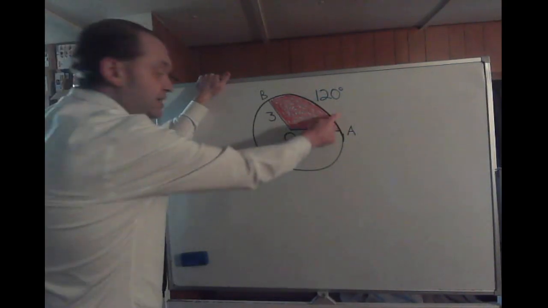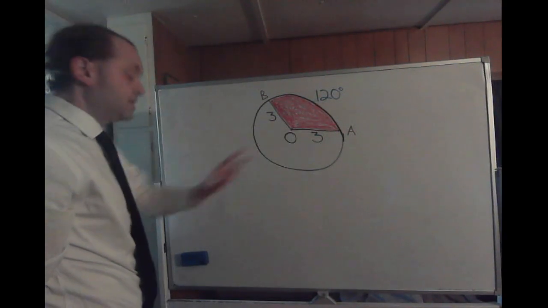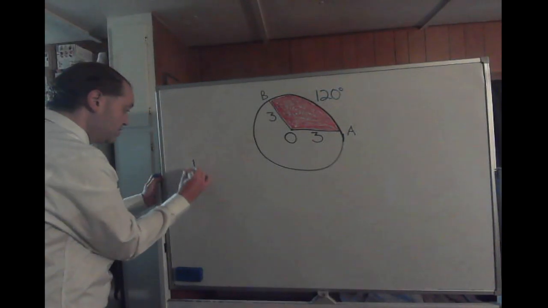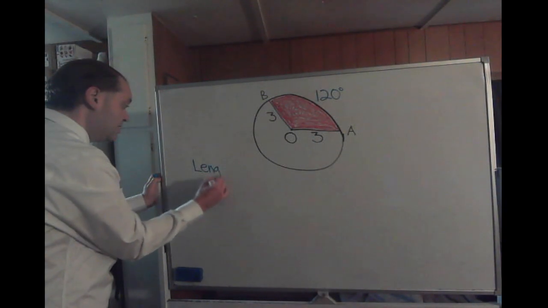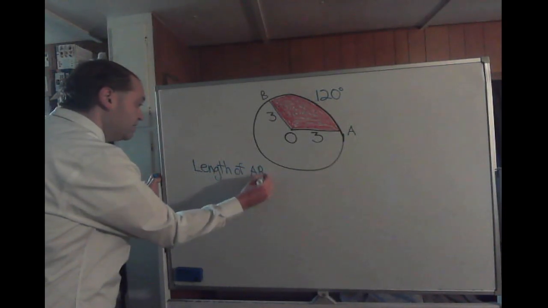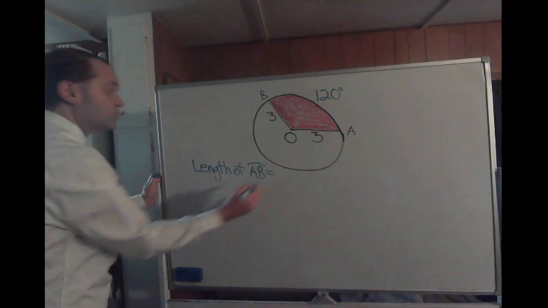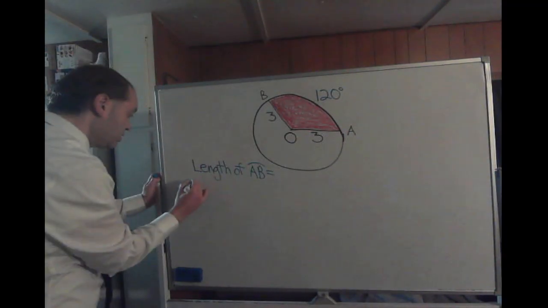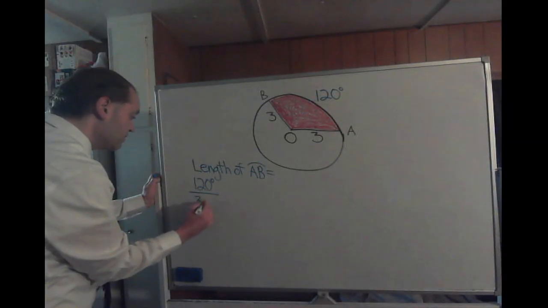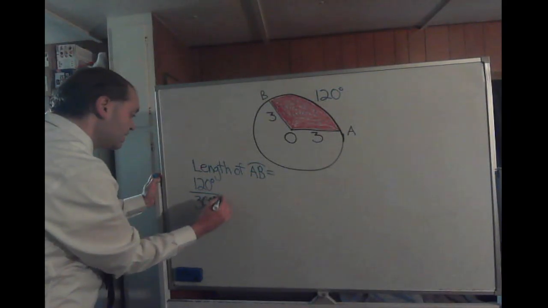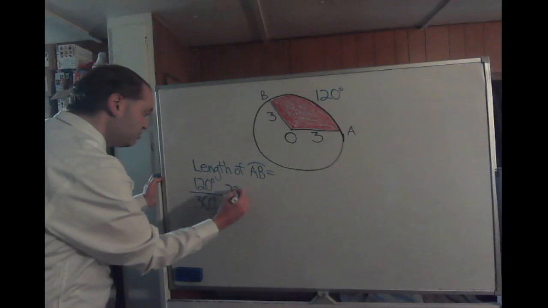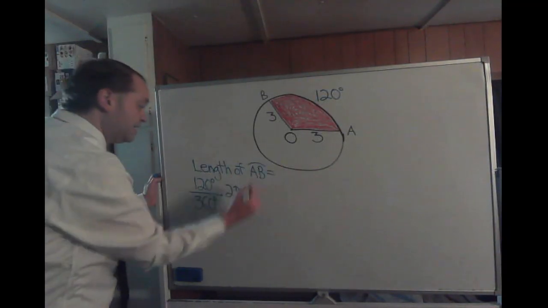We need to find the length of arc AB and the area of sector AOB. So, we'll start with the length of arc AB. So, the length of arc AB, of course, is going to be equal to the measure of your arc, which is 120 degrees, out of 360 degrees, times the formula for the circumference of a circle, which would end up being 2 pi times your radius of 3,